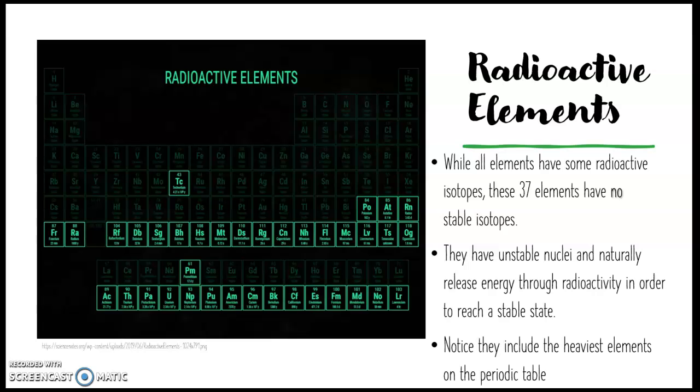For example, uranium-235 has an atomic mass of 235, but has an atomic number of only 92. 92 of the atomic number also states the number of protons. So we have 235 minus 92 equals 143. So uranium-235 has 143 neutrons and only 92 protons. That doesn't seem very balanced to me.